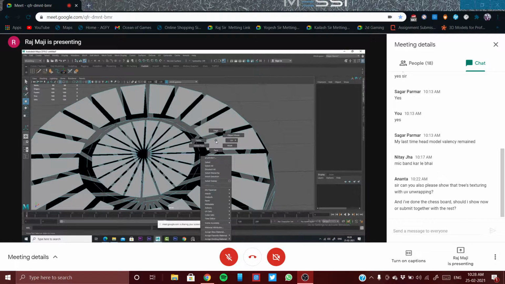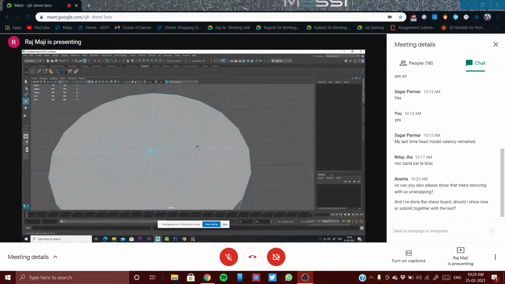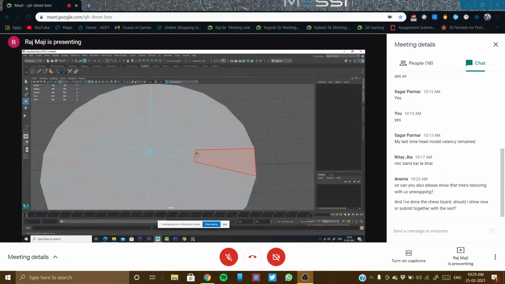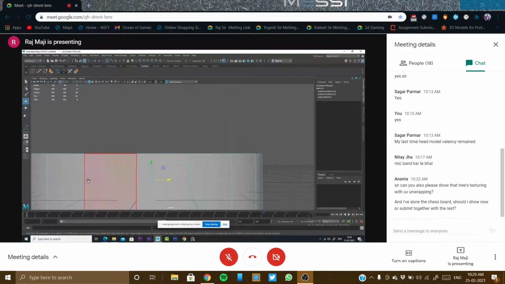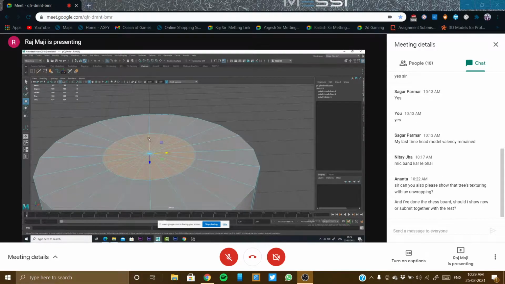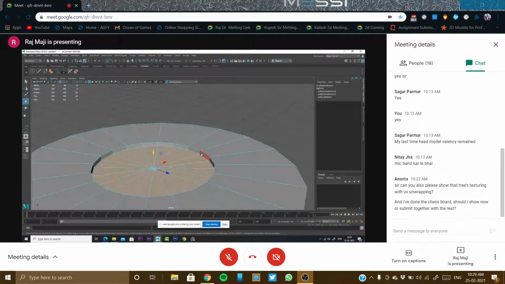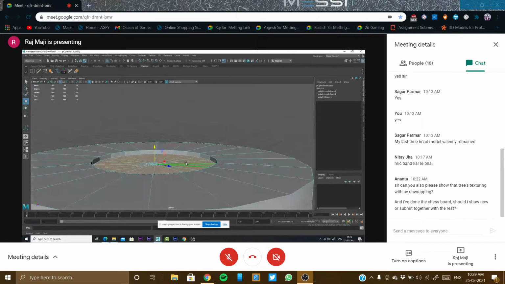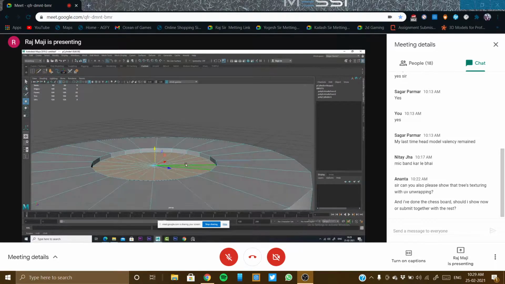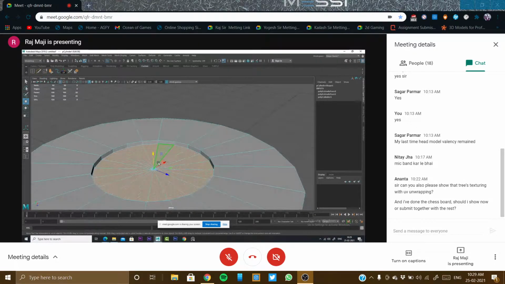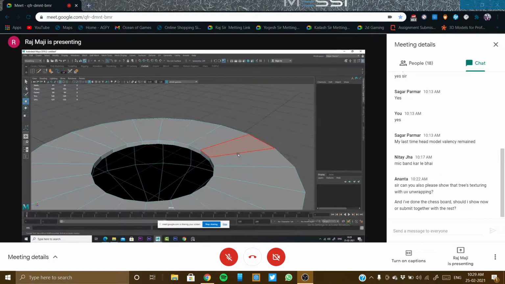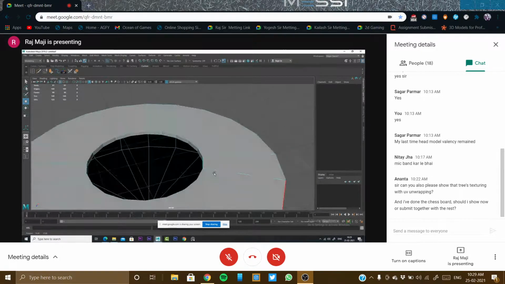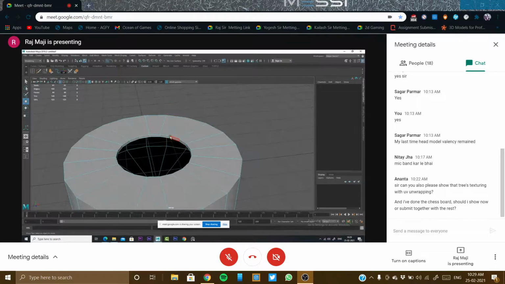So basically, what happened, Saurav? Yes sir. You already have extruded this, but you didn't move it. So what you need to do, by selecting this, you just move it a little bit. Then you will get this thickness. Then that will not happen. First, by selecting it, you move it downward a little bit, and then basically we don't need these faces, so just delete. So if this thickness you will get, in the guitar we needed this thickness basically.